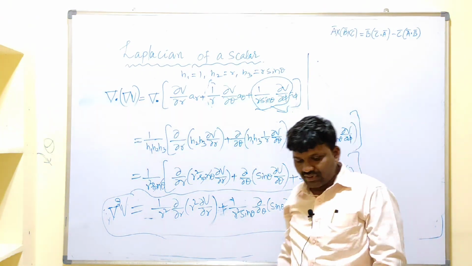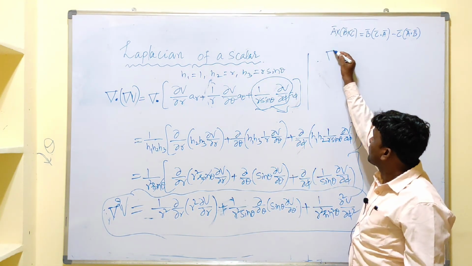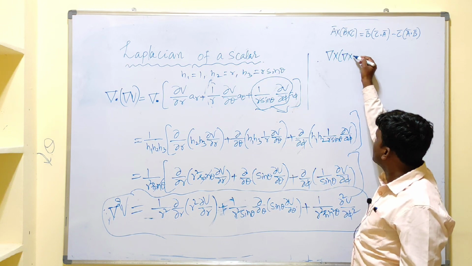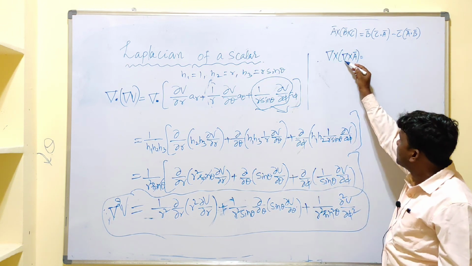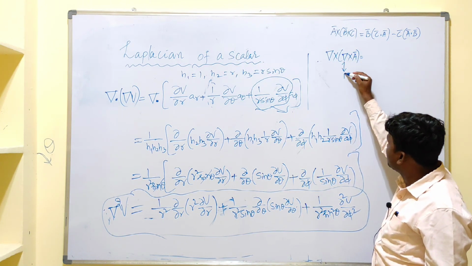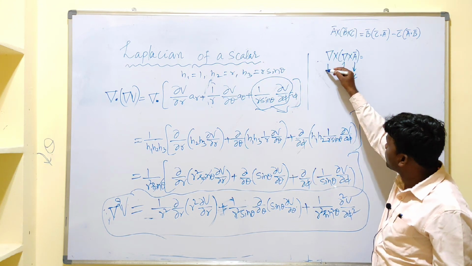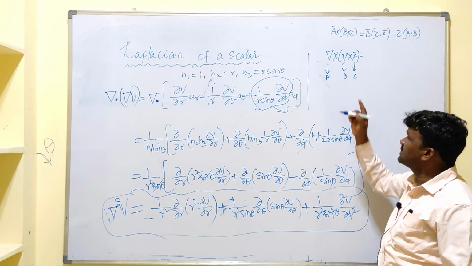Now apply this vector triple product formula for this case. Let us take a vector A bar. For that we consider like this, that is del cross A bar. What is B here? B is del. I am writing here, it is B. And what is A? It is taken as C. And what about this one? A. First element is A, second element is B, third element is C.